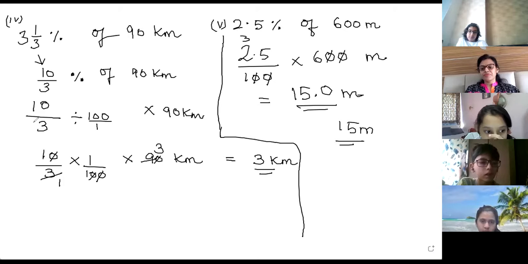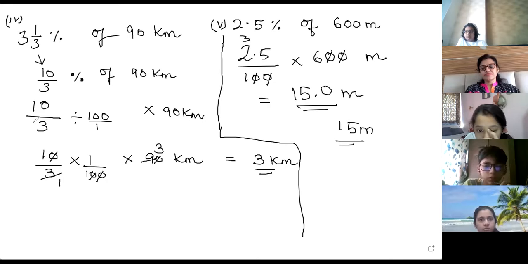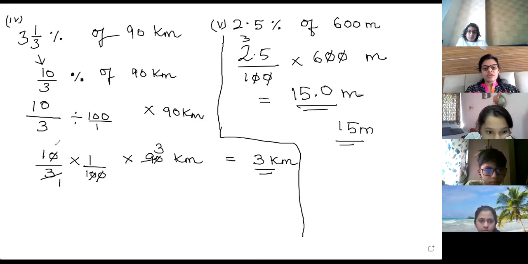Ma'am, I want to ask something. Ask me now. Ma'am, when you wrote 1 by 100, you wrote the reciprocal. So, ma'am, after that you did the lowest form, na? Cancellation I did. Those zeros, I cut this 0 with this 0, because on top you can cancel. When multiplication is there, we have done this in fraction multiplication. You can cancel it. Okay? And then I cancelled 3 and 9. I was left with 9.